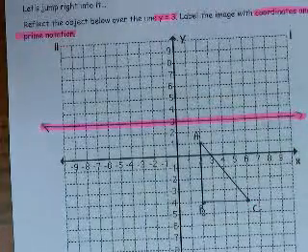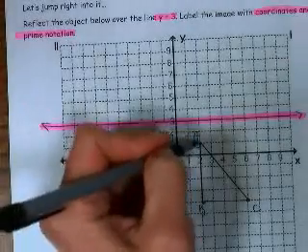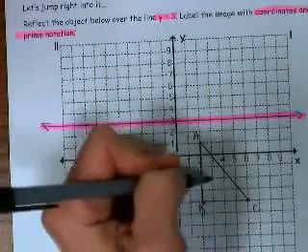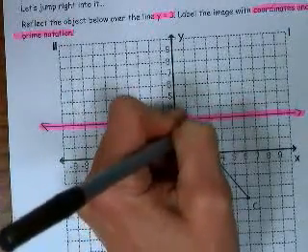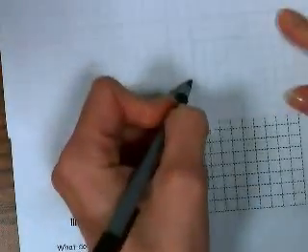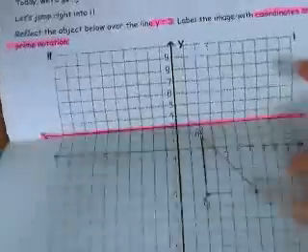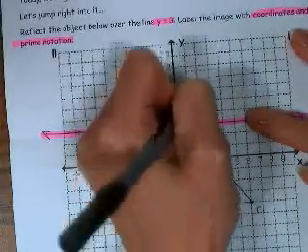So these are really simple. We're just going to count the number of spaces away each coordinate or each vertex is from the line of reflection. So I know that A is 2 spaces away. So A prime is going to be flipped up above. So if I were to fold this paper on the line of reflection, it's going to end up on the top in quadrant 1. So A is 2 spaces away, so 2 spaces away here,